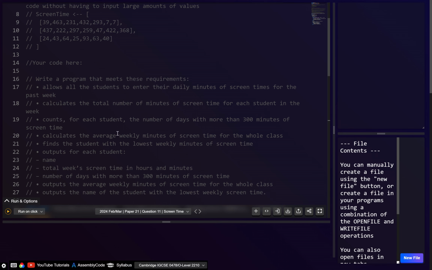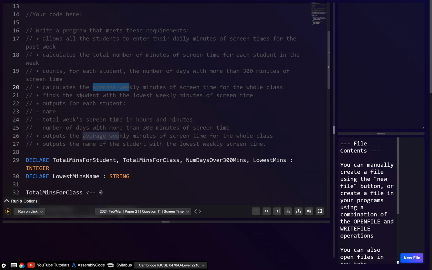Well, we've calculated the total. The average we'll do at the end. So find the student with the lowest weekly minutes, we've done that. Outputs, so here let's just output this for the student. The name is easy. The number of days more than 300 is also easy because we've calculated it here in this for loop. The slightly tricky one is that we want to output the screen time in hours and